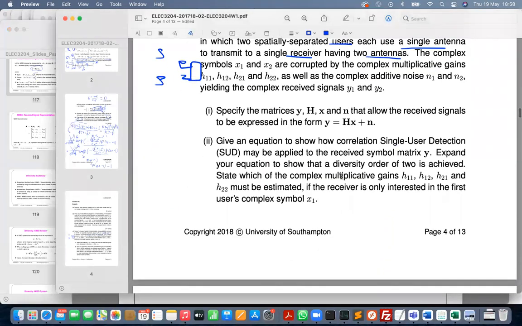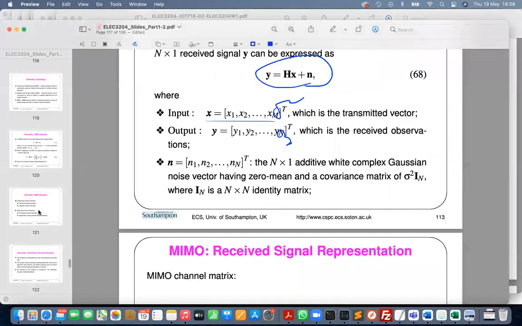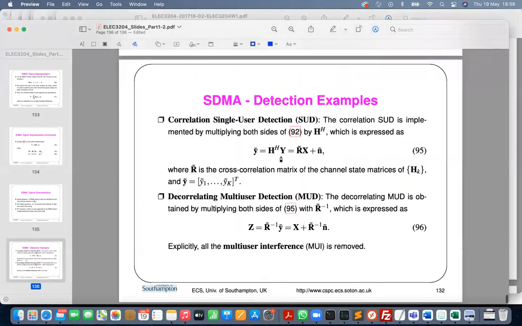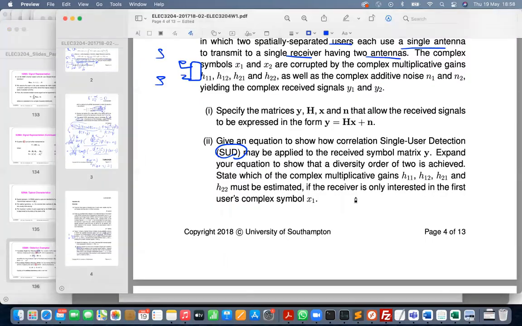And then you need to do single user decorrelation, and then identify the interference. So this is basically the last page of the slide. You do single user detection first. You apply the conjugate of the feeding channel to the received signal. So if you extend the equation here, you will see that it will be